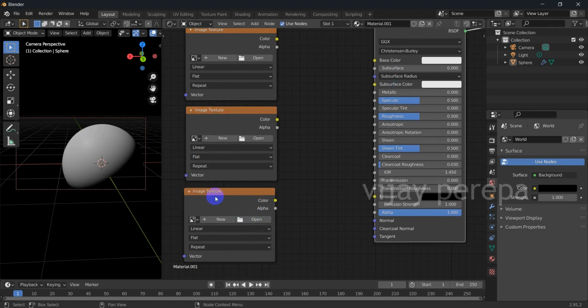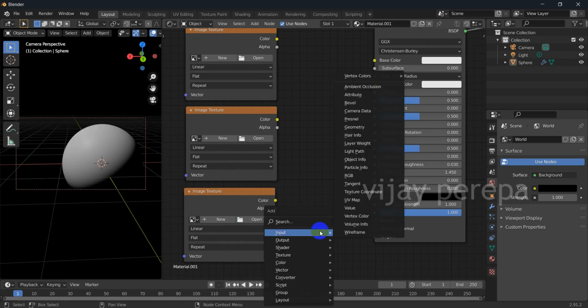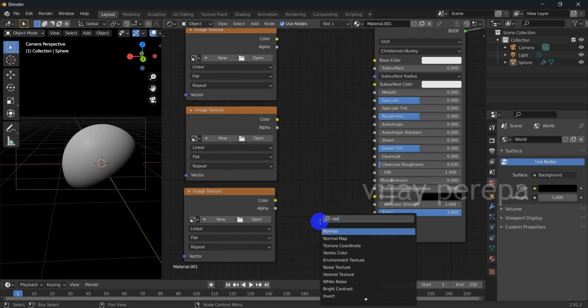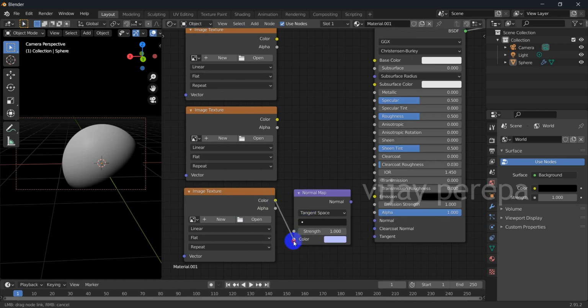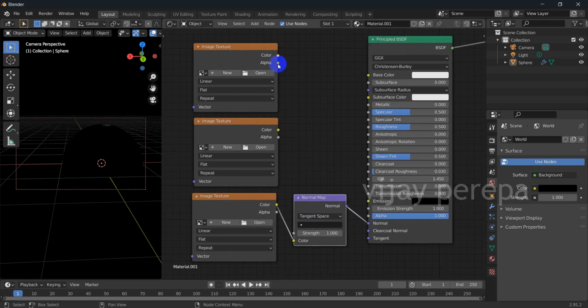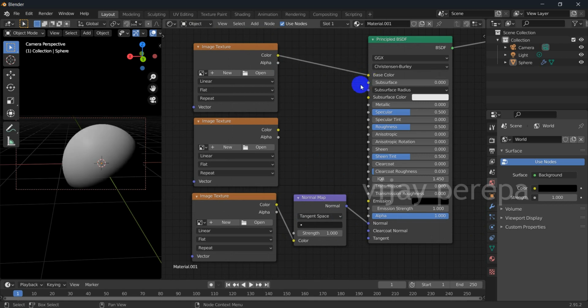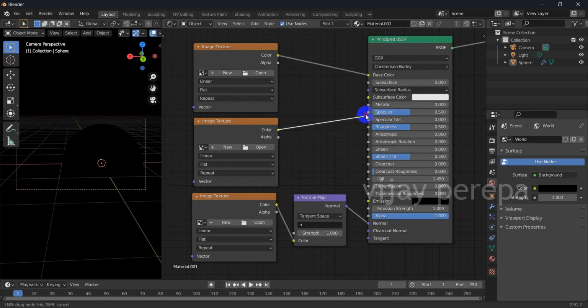Normal texture will not be added directly, it will be added through a normal map. So Shift A, normal map, and then connect color to color, and then normal to normal, and color to the first image, color to the basic color, and color to the specular color. Now I need to add the respective textures.